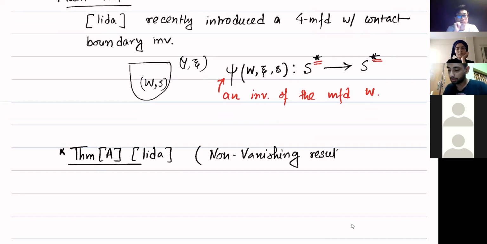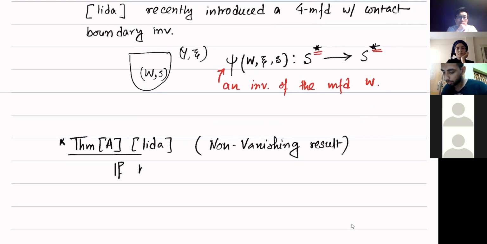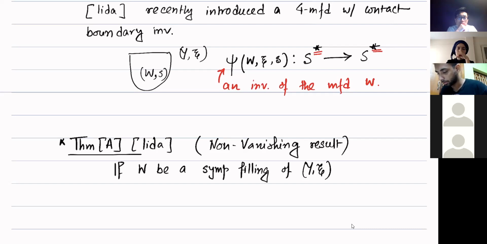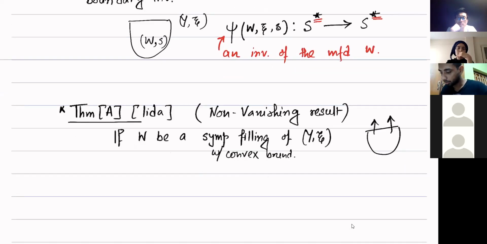So it is as follows: if W is a symplectic filling of Y, psi. Symplectic filling means a symplectic manifold with convex boundary. That means the Liouville vector field is going outside. So if this is the situation W, we also need a small condition that b3 of W is 0,